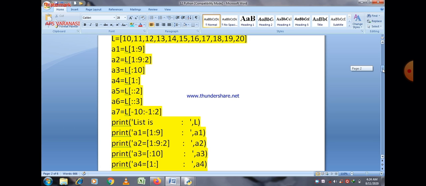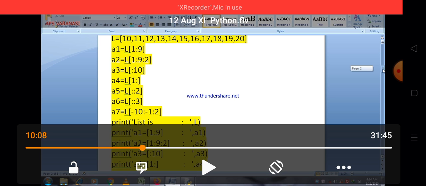So whenever you write any other value, as you can type here 2, then there is an increment of 2. It means there is a gap of one value. It means every second value is to be considered here.